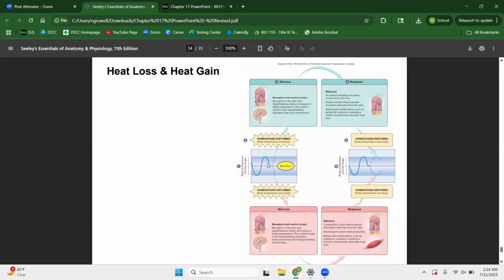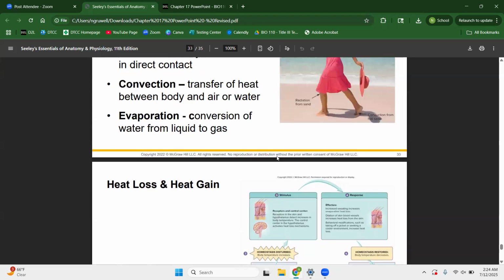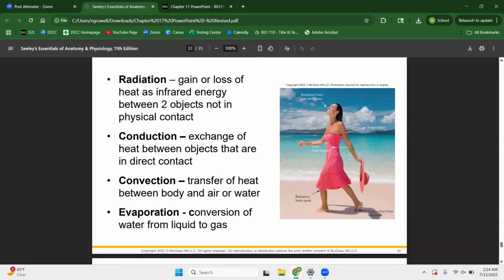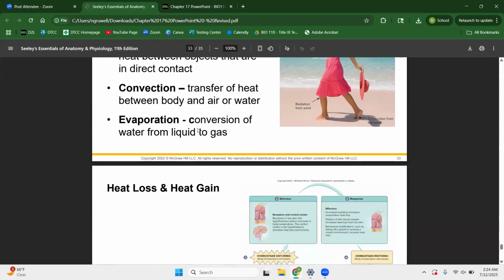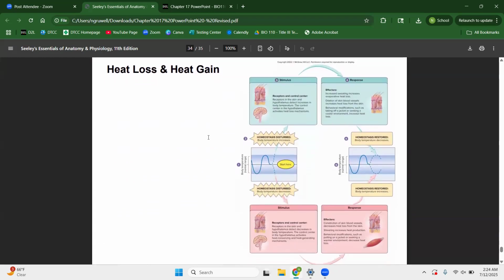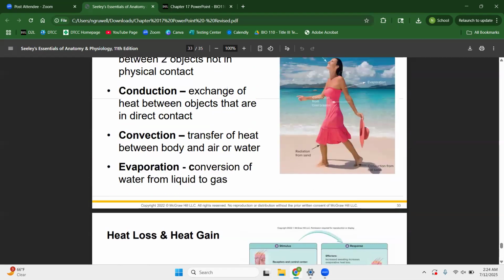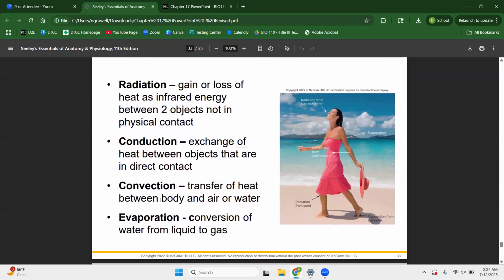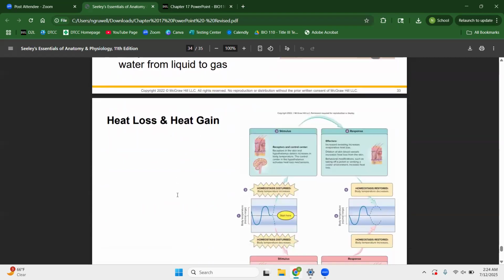So in this case, if we got too hot, then we would use some of these methods to help cool us back down, especially evaporation, which is our conversion of that sweat into heat loss, or we can vasodilate, bring more blood to the surface so that we have convection,